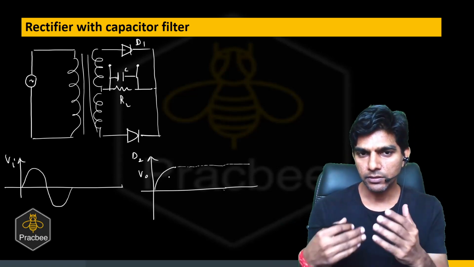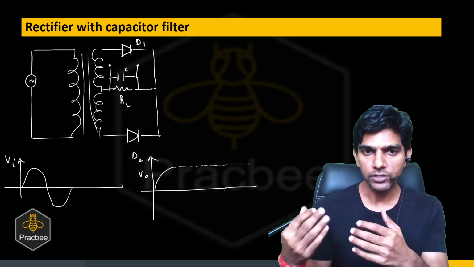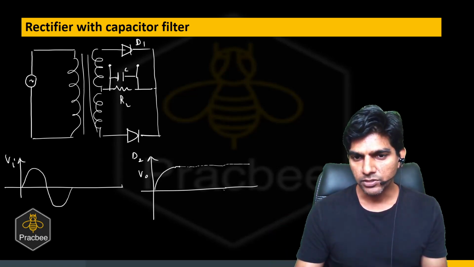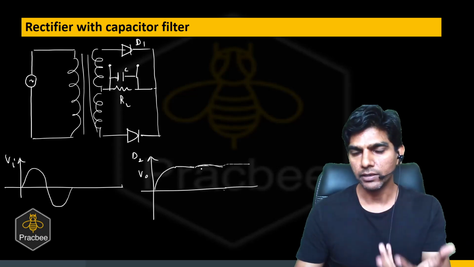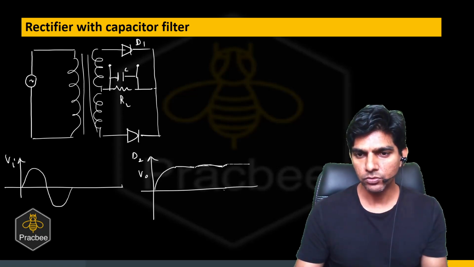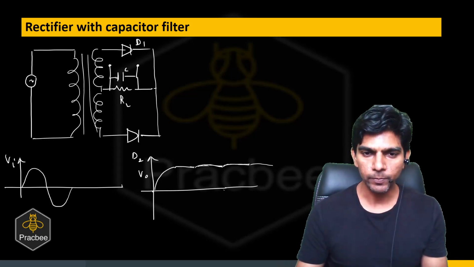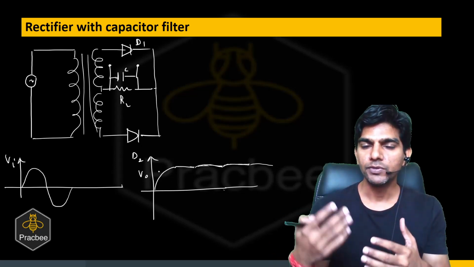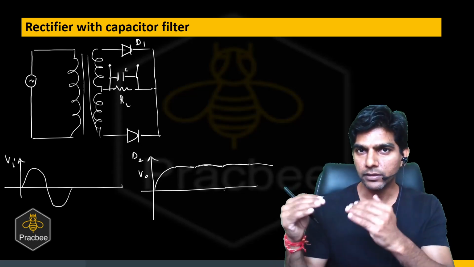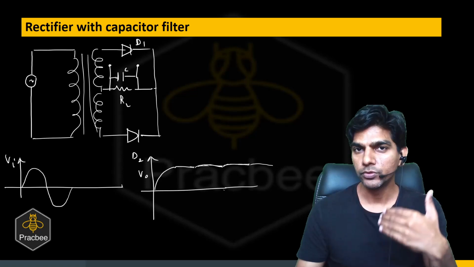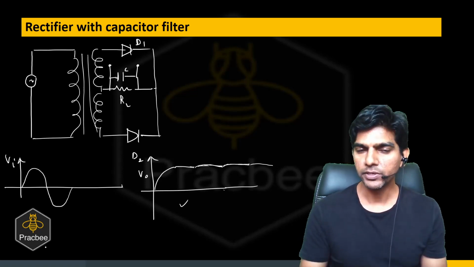So if you take the time constant to be large, in that case it will discharge by a small amount, and again we can say the current will increase, and again it will get charged. So the cycle repeats, and we can have nearly a constant output. So here we have nearly the constant output. Can you see? With the help of the capacitor filter, we can regulate the DC output supply. I hope it is clear.